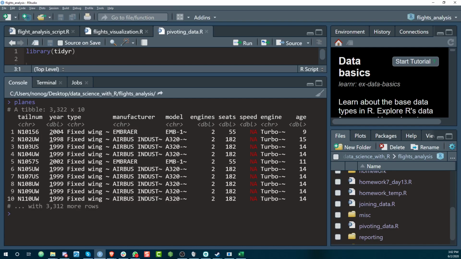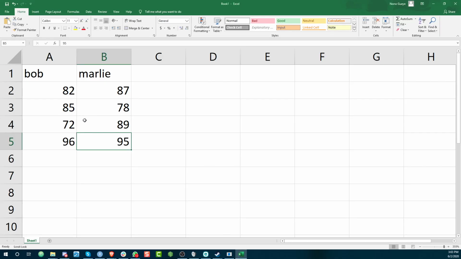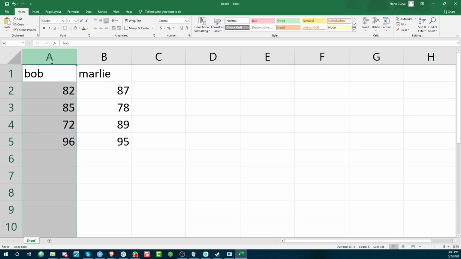This is what happens in every single data set that we've used so far, weather, flights, everything else. You will not find engine information anywhere else, you will not find year information anywhere else, and so on and so forth. In this data here, this is not the case, because